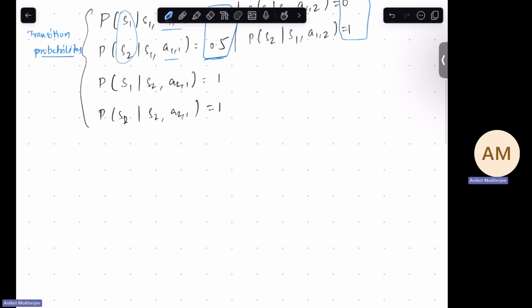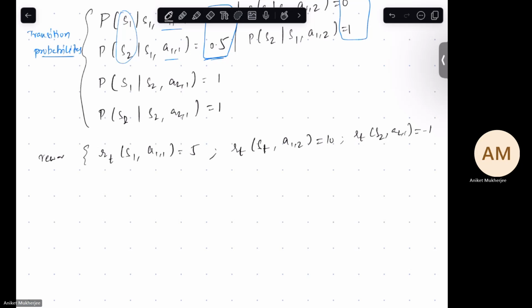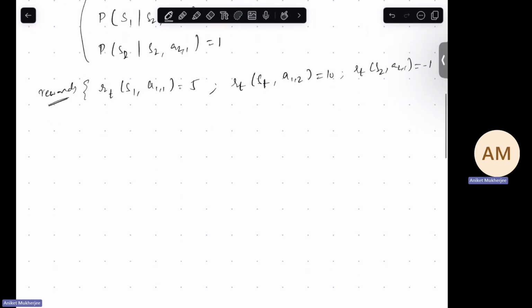Similarly, you have your rewards. R(S1, A11) is 5. R(S1, A12) is 10. R(S2, A21) is -1. So these are your rewards. If you draw the transition diagram,